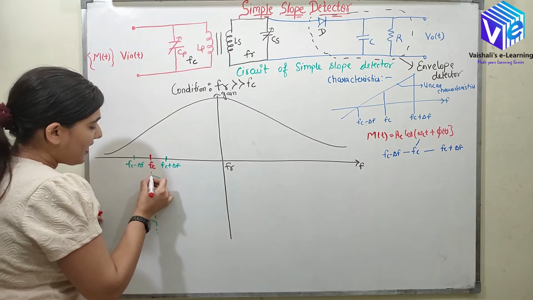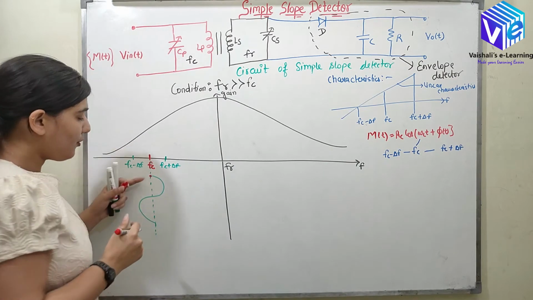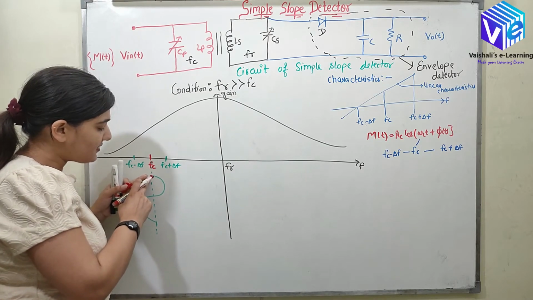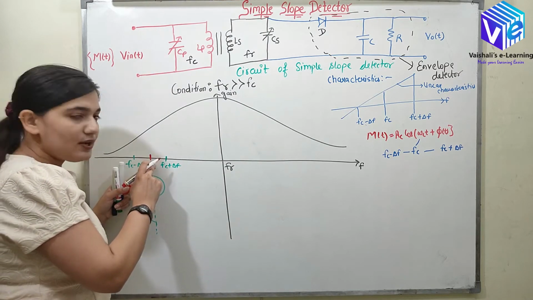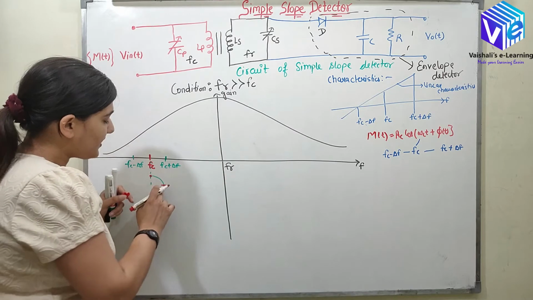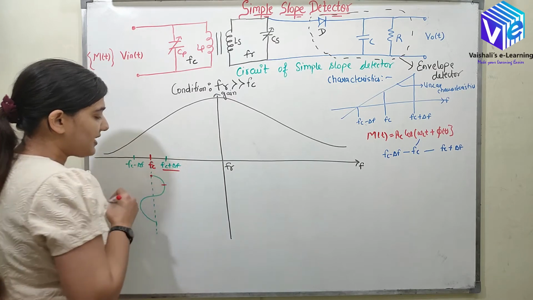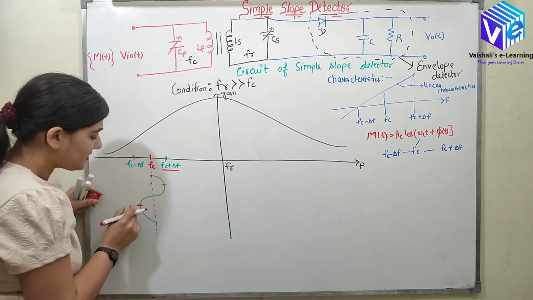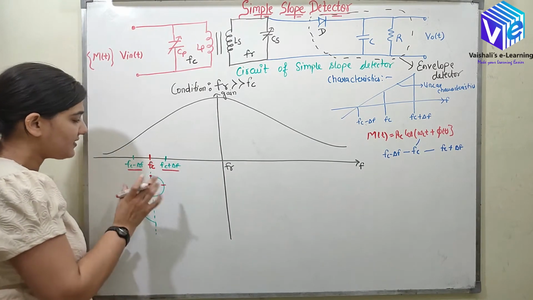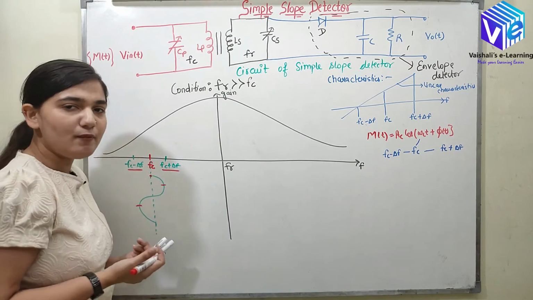The modulated signal will have frequency according to the message signal. When the message signal is at this point, the frequency would be Fc, so the message signal has zero voltage. When the message signal has zero voltage, the frequency of the modulated signal would be equal to the frequency of the carrier. If the message signal has the highest voltage, at that time the frequency would be Fc plus delta F, and when the message signal has the lowest value, the frequency of the modulated signal would be Fc minus delta F. So this is how I have represented my message signal and the frequency of the modulated signal.